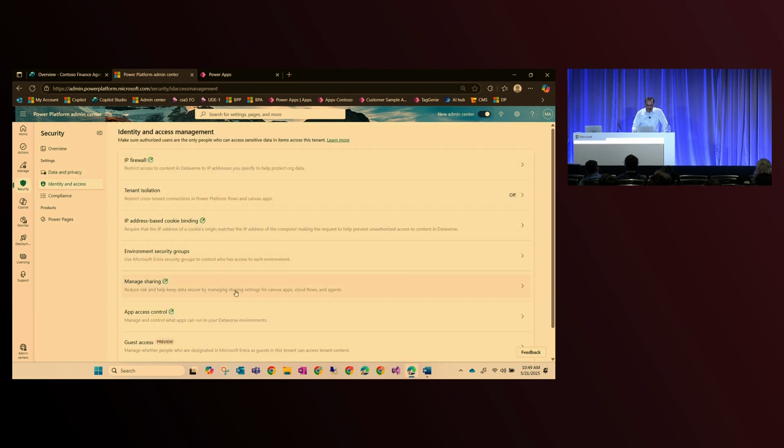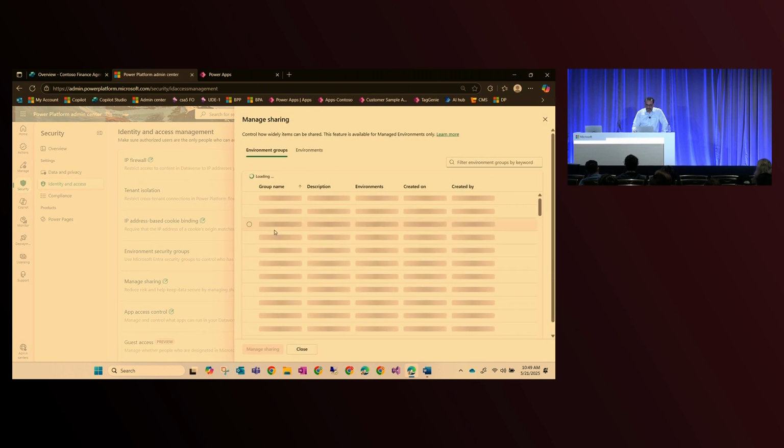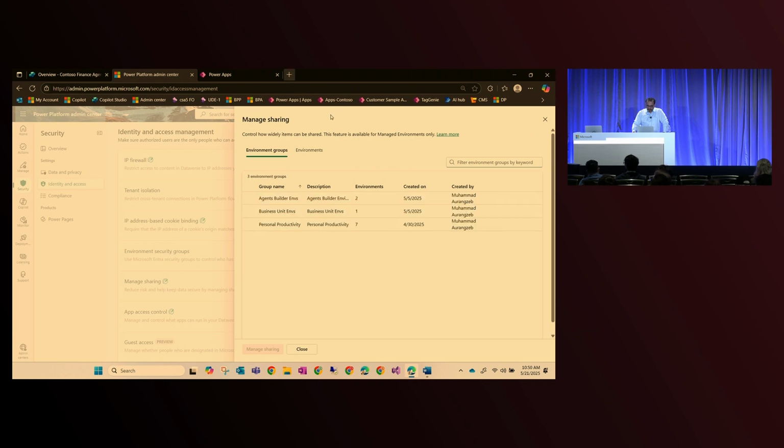There's an option called Manage Sharing. I click on that. And I can select the group of environments where I want to apply the policy. Okay, this was my group where I want to apply the policy.